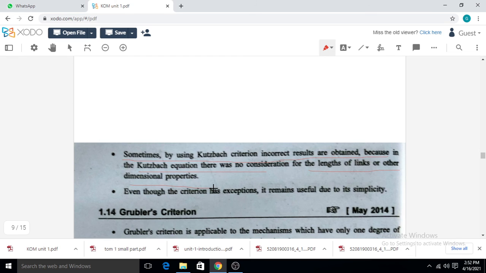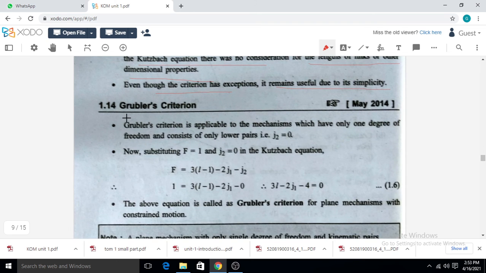Means in Kutzbach's criterion, we only focus on the number of links, the number of binary joints, meaning the number of lower pairs, and the number of higher pairs. We will not focus on the length of the links. Even so, the criterion remains useful due to its simplicity. Means this formula is very simple, so it may not be applicable in every case. Okay,